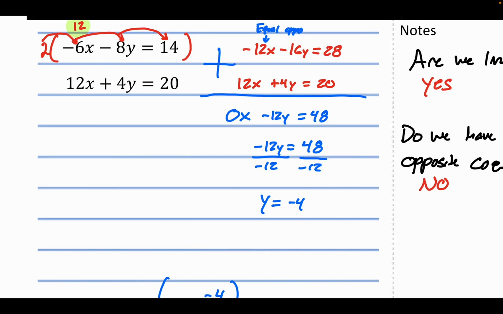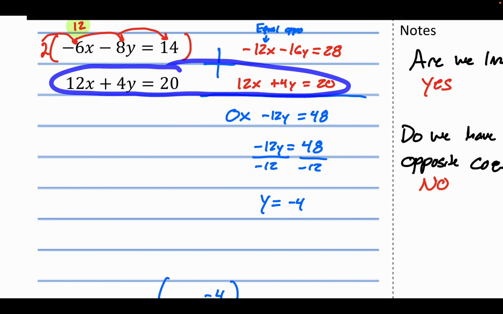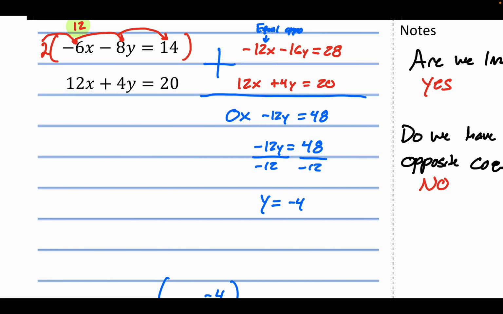To go find our other half, we're going to take this negative 4, we're going to plug it in, and we're going to solve. We have 4 choices. We can pick the original equation, original top left, original bottom left, new top right, or the bottom right. I do understand that these two are the same equation. Still doesn't mean we can't choose either of them. I would choose the bottom equation